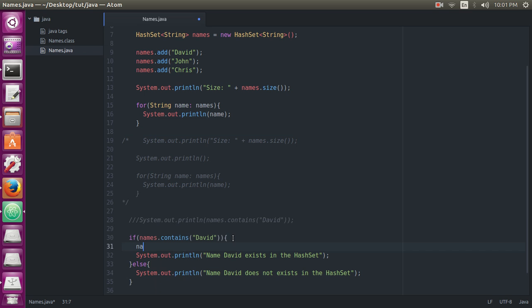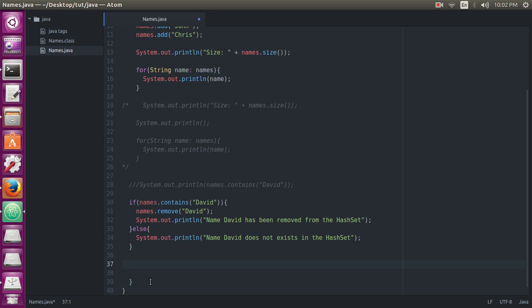Like if you just want to remove the David element, so it will remove and will print name David has been removed from the HashSet, and again print the names.